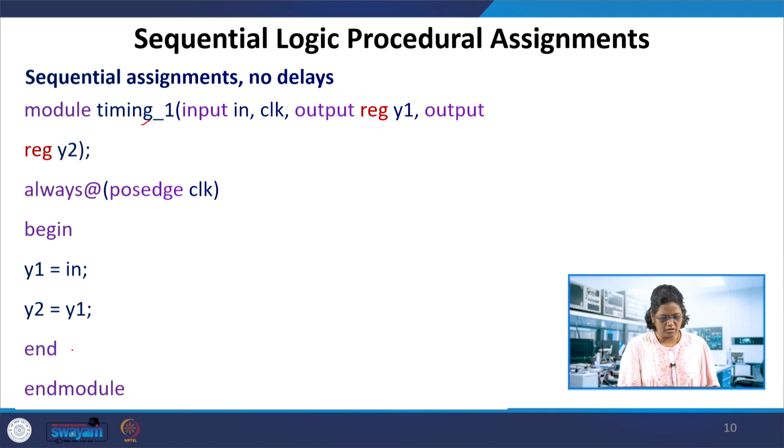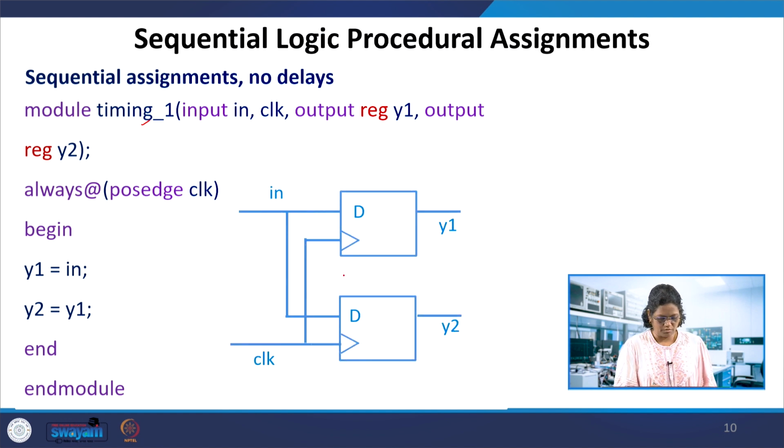And if you recall, we did this example in one of the lectures, it is very well known in shift registers. At the passage of the clock, the input is sampled and assigned to y1 because it's an immediate assignment, and the same y1 is assigned to y2. So the hardware structure formed over here is that the input goes to a D flip-flop, and the clock for the two flip-flops is the same.